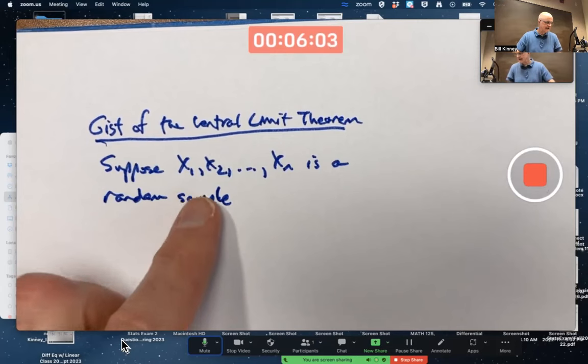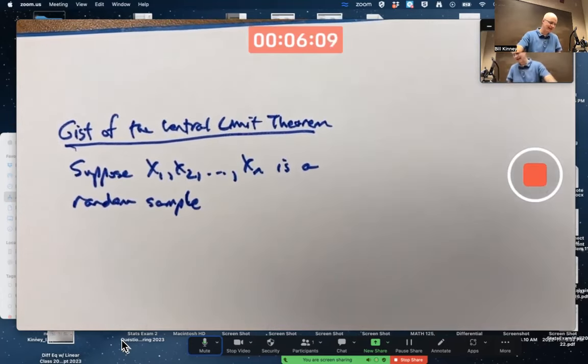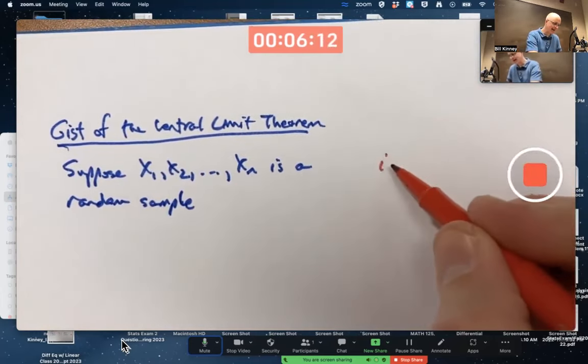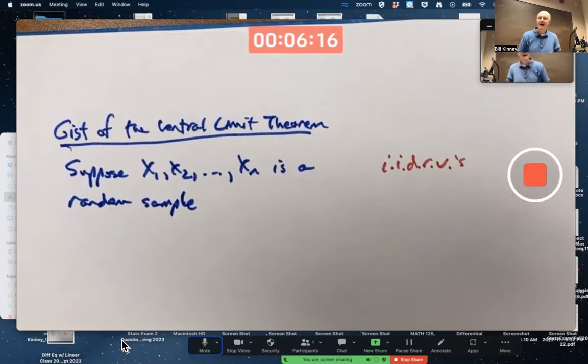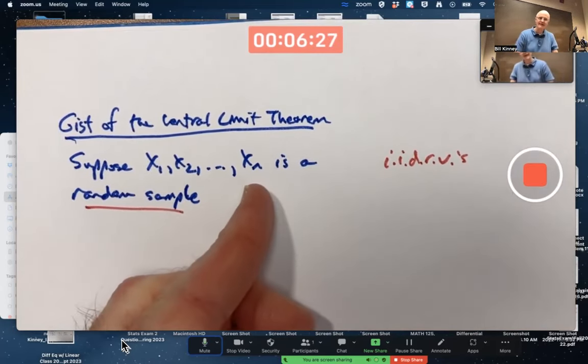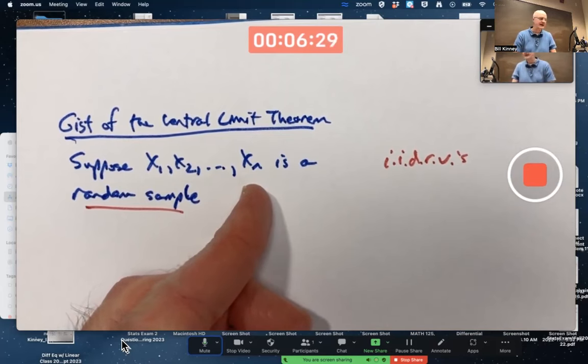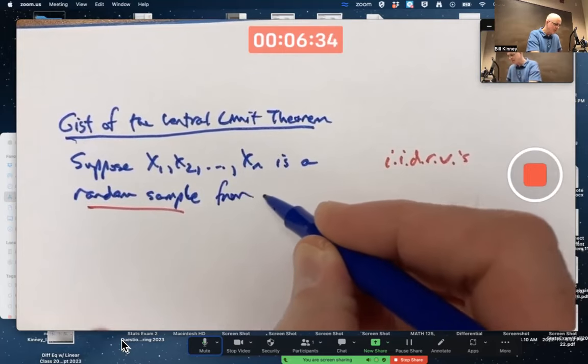That means this is a list of n independent and identically distributed random variables. IID RVs. That is all wrapped up in the term random sample of size n. That's implicit by the fact that n is the biggest subscript here. From a population,